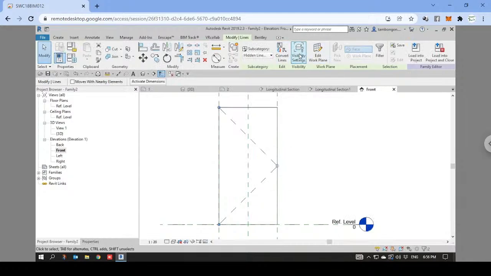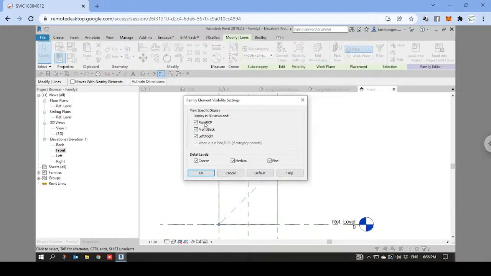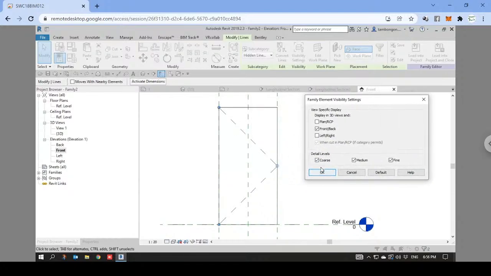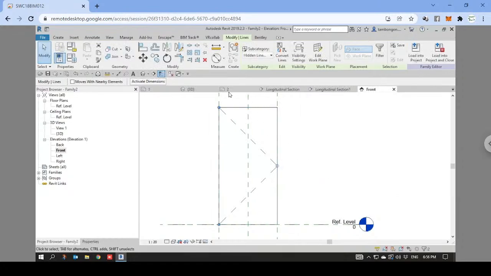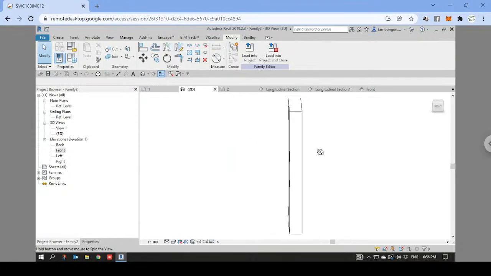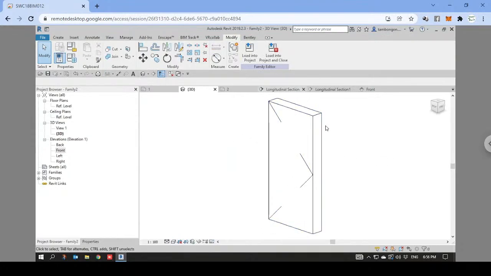And I don't want it to be visible on plan, of course, because it will show only a single line. Also on the left and right sides, because it will also show as a single line. So it won't show the hidden line of it because it's in the projection elevation. So when I view it in 3D, this is how it looks like. Yep. So when I load this into the project,